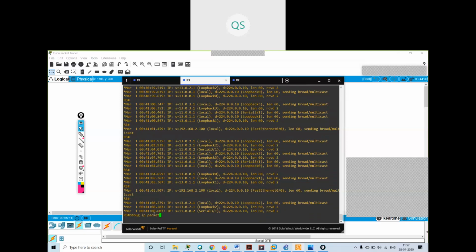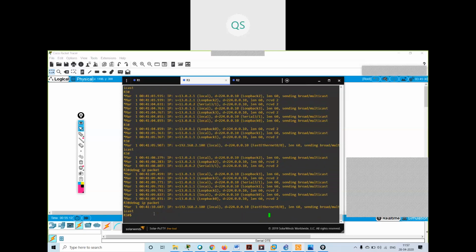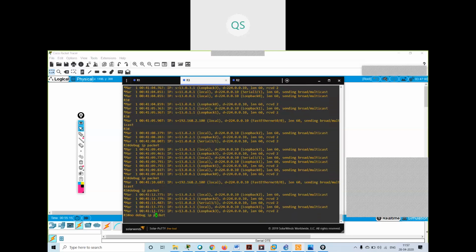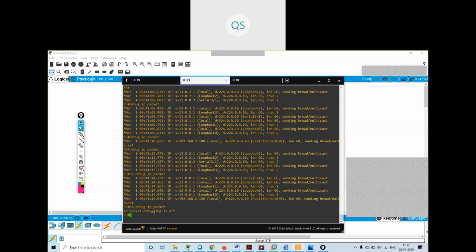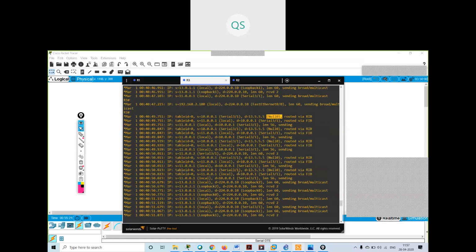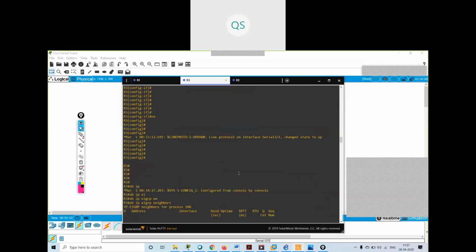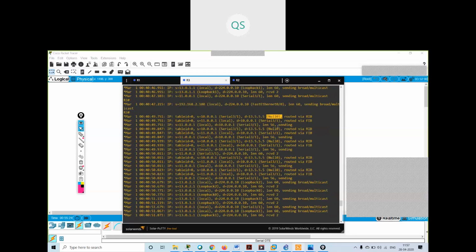So what I have to do is say no debug IP packet, and once I say that, it will turn off. See what I got: once I started the ping, it said this table entry via serial 1/0 has sent it to null zero. Understood?